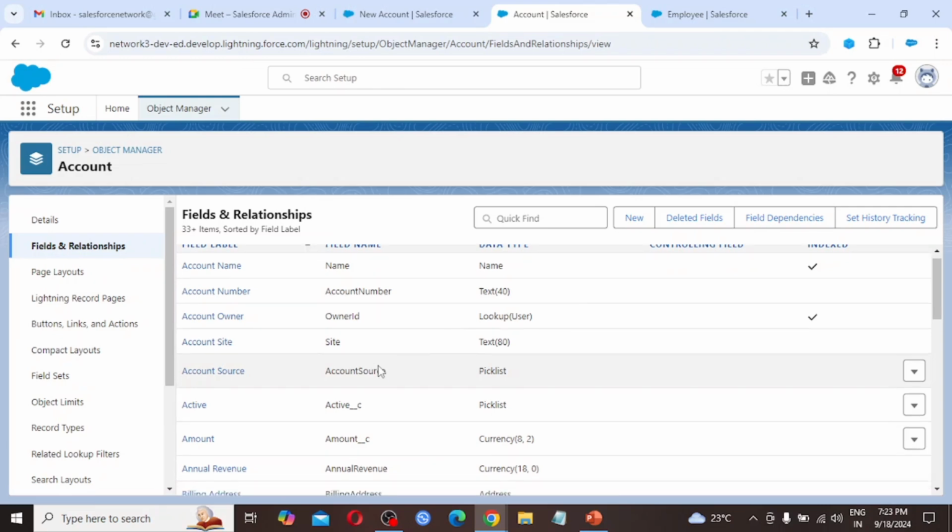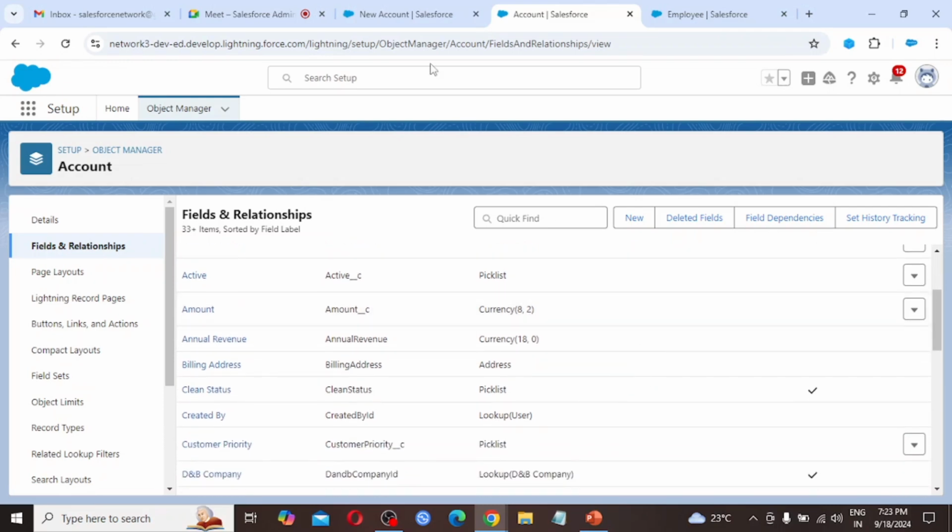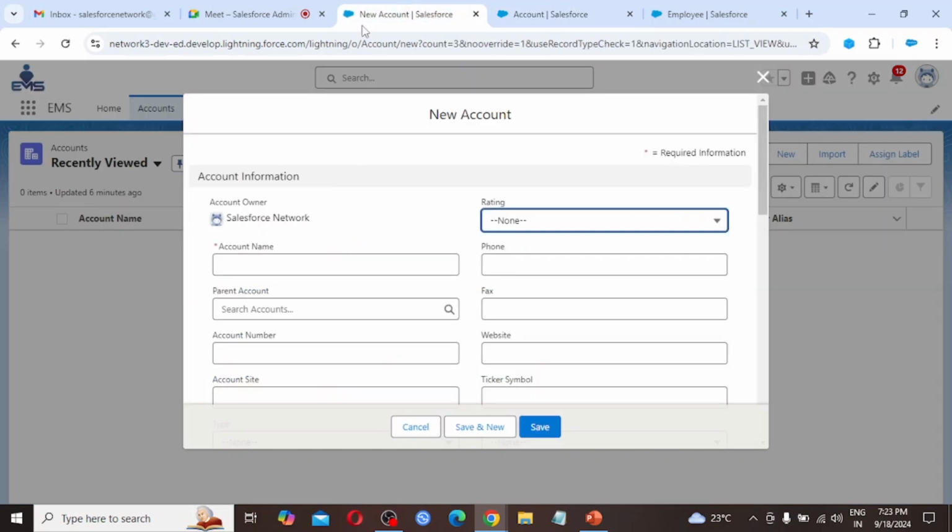So let's see whether it is available or not. So amount is available here, and as this field is a custom field, we are seeing this double underscore c at the end. So again coming back to our account standard object, let's refresh this page.